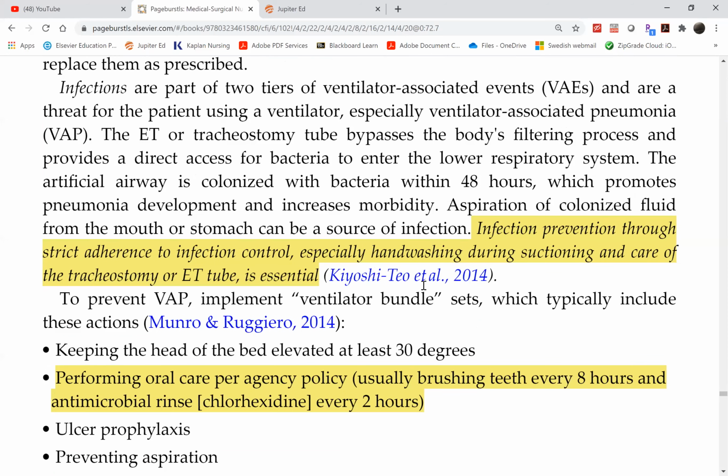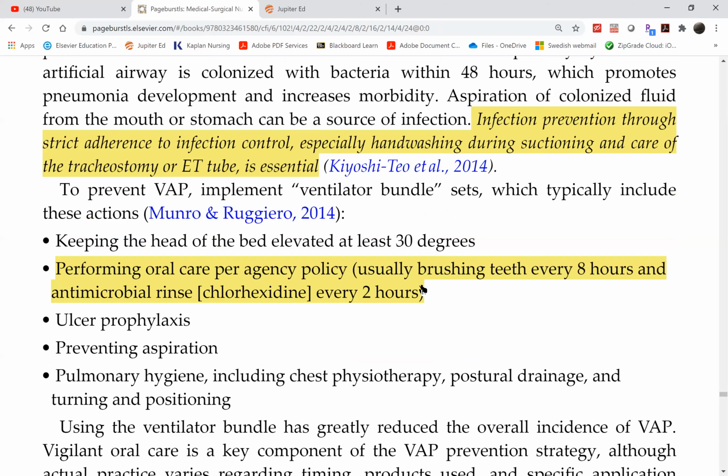All right, so pneumonia is the number 1 complication of ventilating a patient. So the Joint Commission developed a core measure for preventing pneumonia, particularly VAP, ventilator associated pneumonia. So we have a ventilator bundle set. These are your bundle. So always maintain a head of the bed up 30 degrees, oral care every 2 hours,